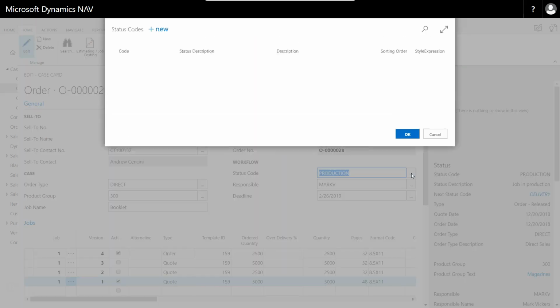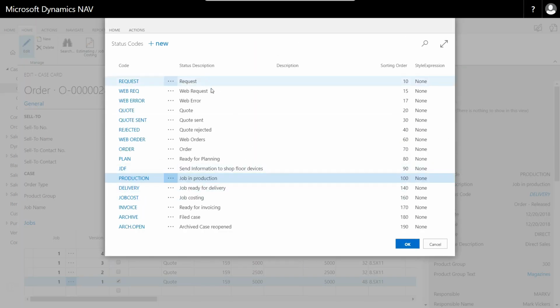Let's look at this list of status codes. So as you can see, there's a lot of status codes in the PrintVIS system. These are the ones that come in the sample company. But as you can see, there's a new button, and you can create as many entries or delete the ones that are here, rearrange them, change their sorting order in any way you want. This is being set up to be a fairly traditional small